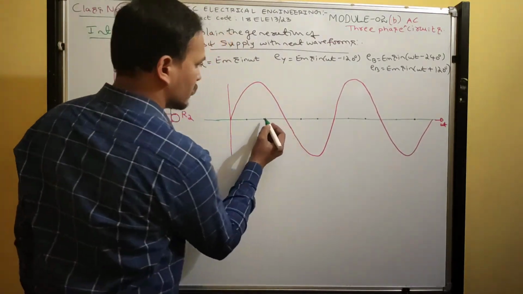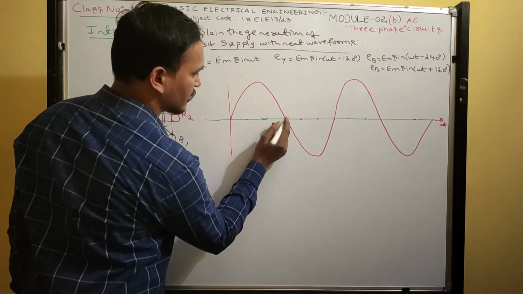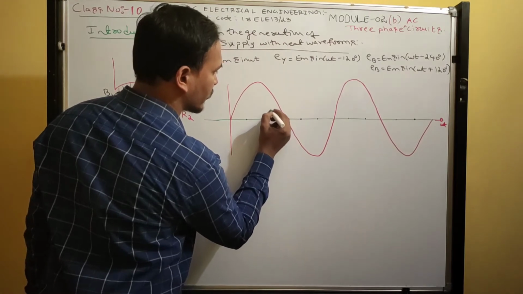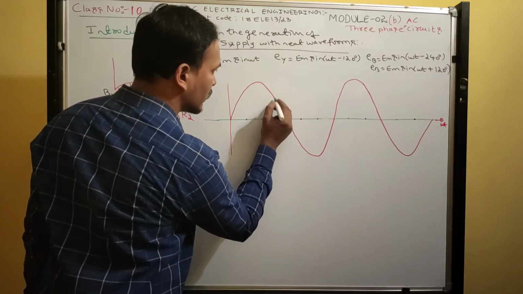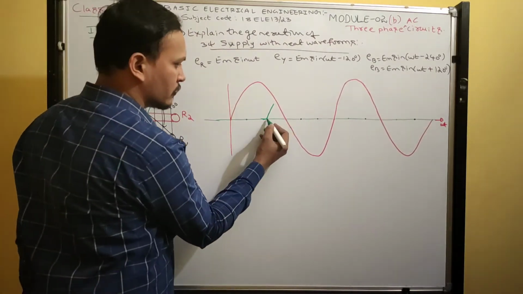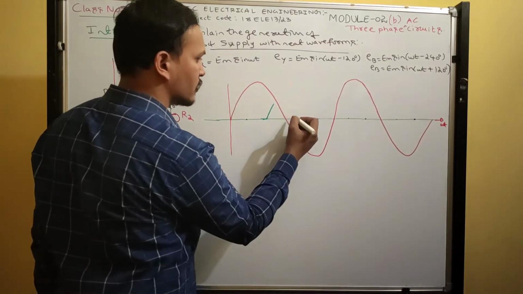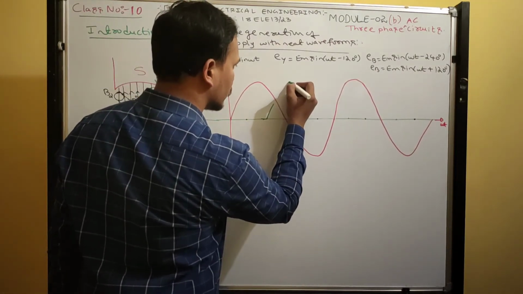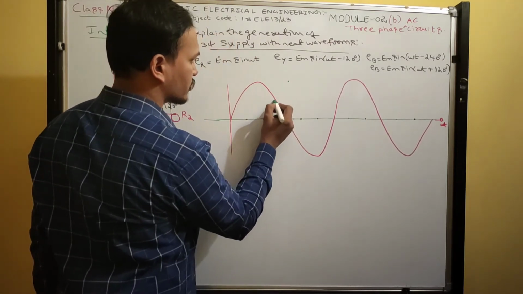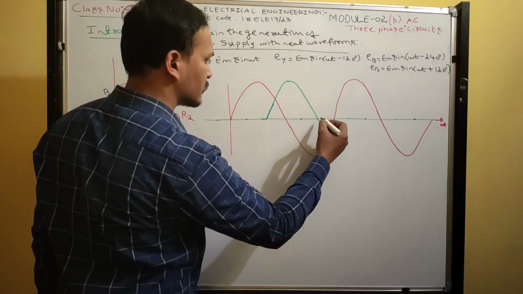Okay. See now, from here to here how many degrees? 60 degrees. But you should start writing the waveform from here onwards, and you should reach the maximum value at a distance of 90 degrees. So from here to here 60 degrees, from here to here 60 degrees, and 90 degrees comes somewhere here. So at that particular point, you should write the maximum value. So I am writing that maximum value.